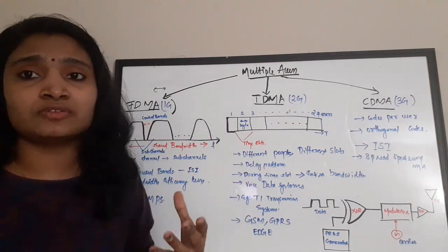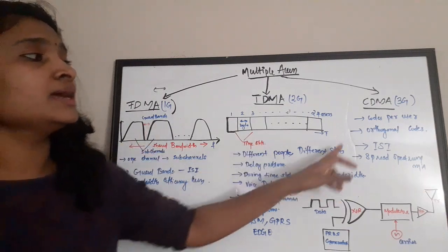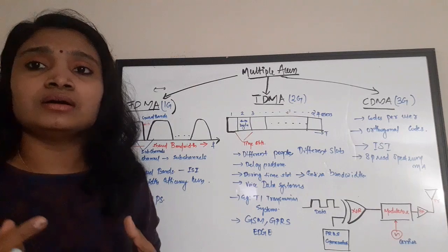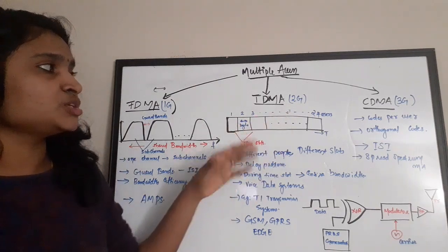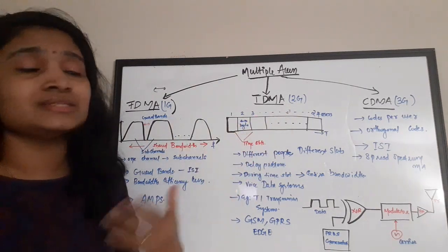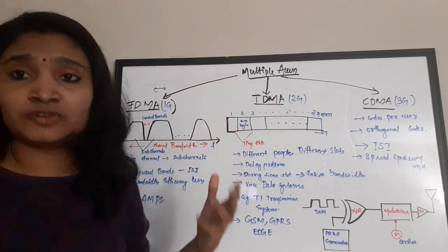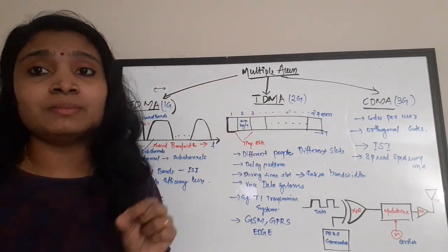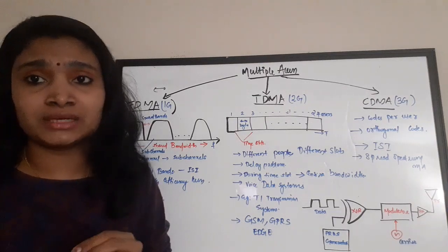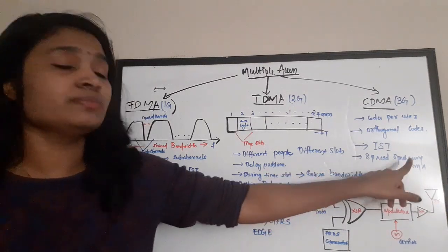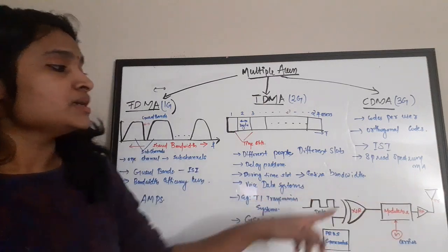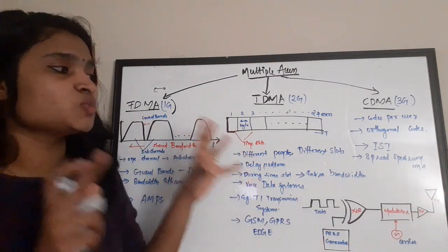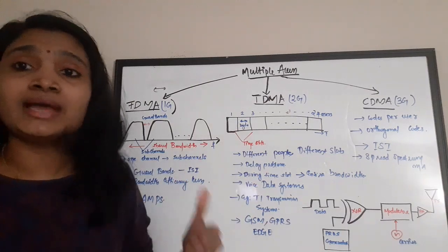So there is no interference problem generally, but there can be ISI, that is inter-symbol interference problems. Because there is no separation in time, there is no separation in frequency, there can be inter-symbol interference problems. And the general technique used in CDMA based systems is the spread spectrum technique, spread spectrum based multiple access. Okay, this is a diagram of a CDMA based system, and it explains how CDMA actually happens.